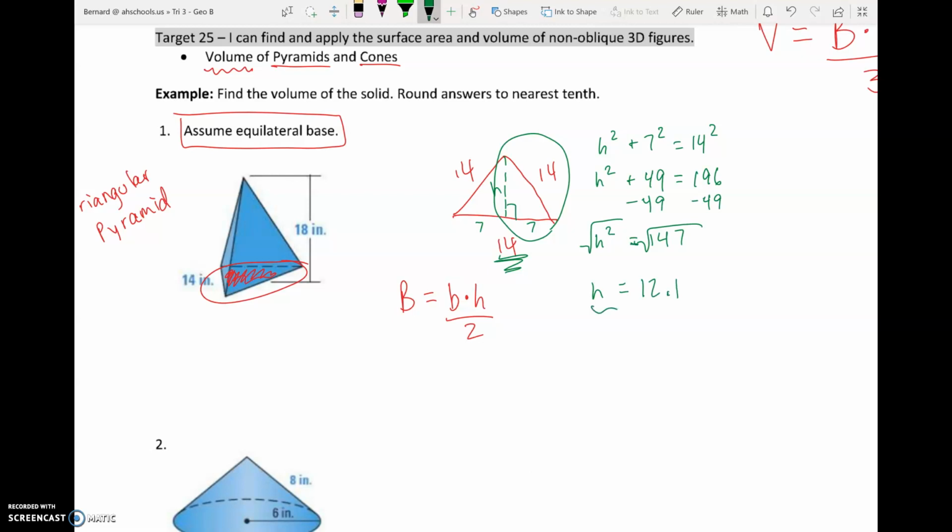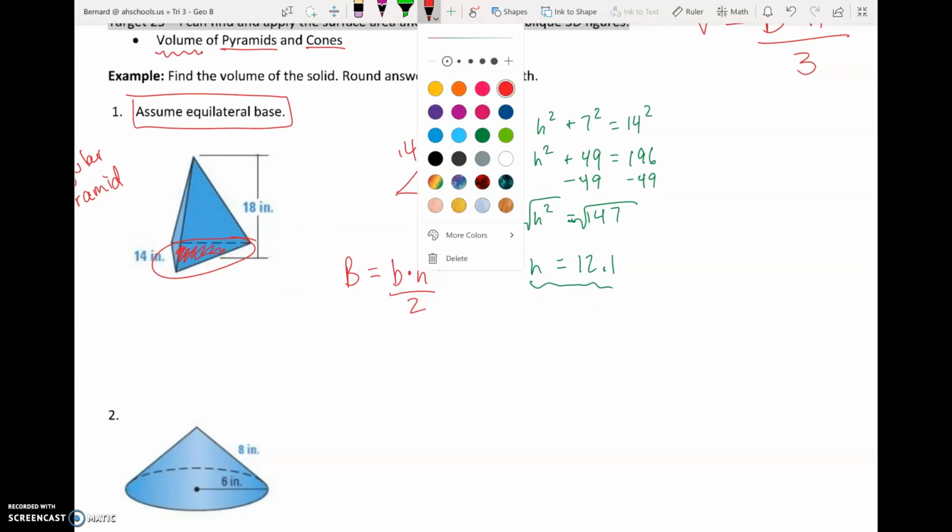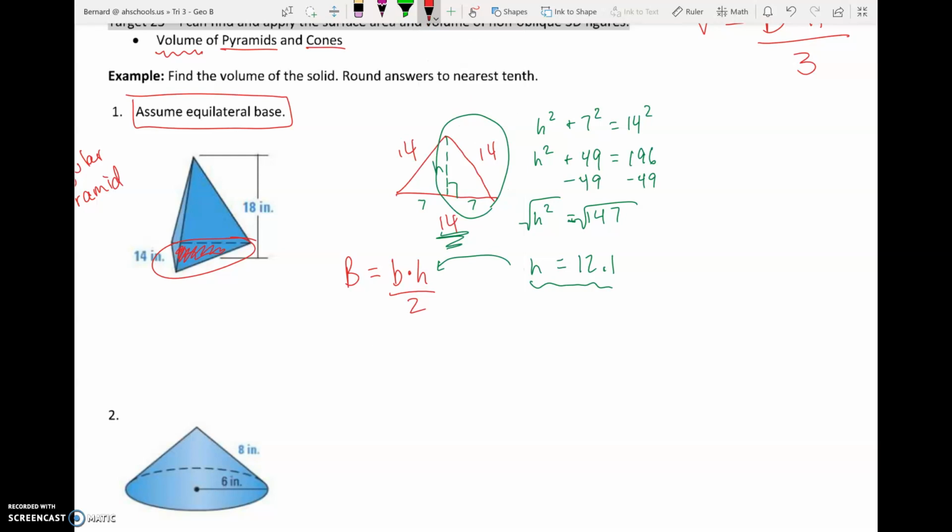Now, remember, we had to do all of that simply to find the area of our base, big B, right? But now we are ready to make that calculation. So we'll go back to red. And so the area of this base will be little b, which is 14, times h, which we just found, is 12.1, and then divided by 2. And 14 times 12.1 divided by 2 is